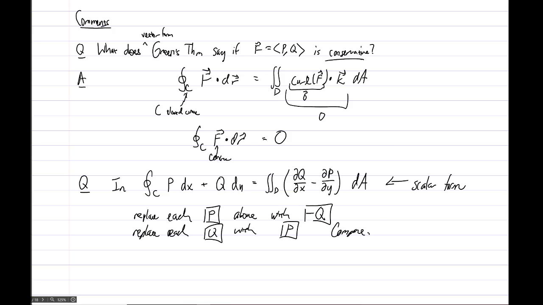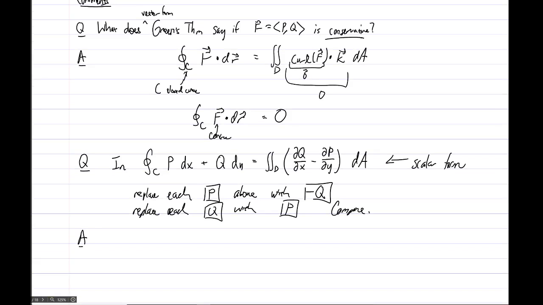I know this is going to seem a little strange, but we're just going to be very literal about this. So line integral over closed curve C, the P that's right here gets replaced with negative Q, we still have a dx, plus the Q that's above gets replaced with a P dy equals the double integral over D of